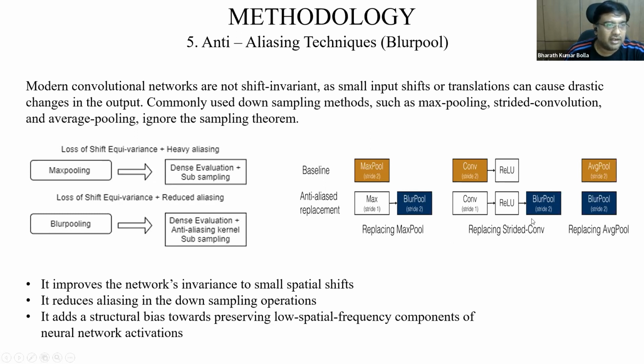So you have a strided convolution, and you have a small convolution neural network right here, and then you apply it here, and then you get a blur pool. That means you are giving weightage again to the values in this particular layer, and you are taking that particular average. So this is a better option than straightly taking the maximum value. It is network invariance to small spatial shift.